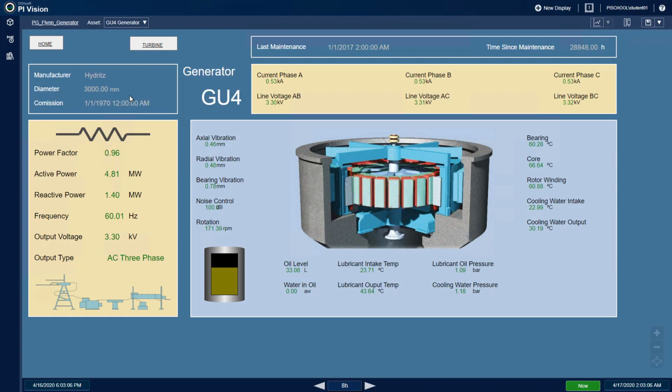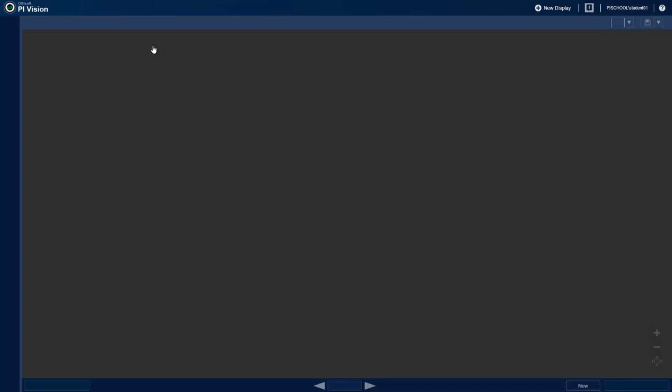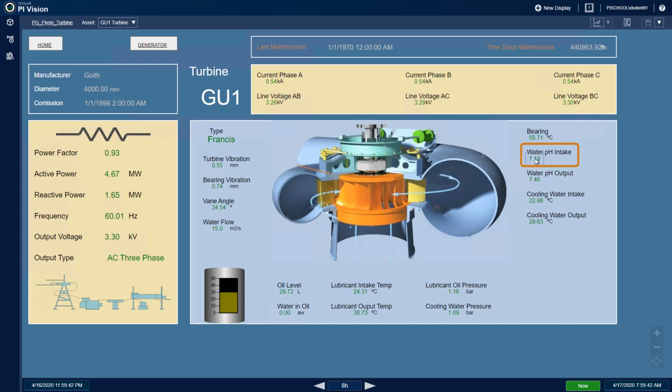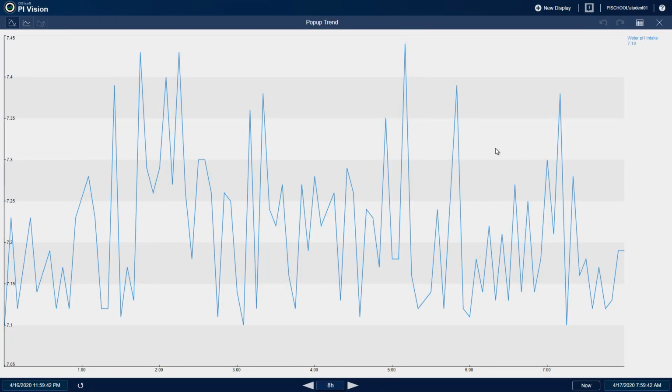Finally, we will go to our turbine display using the link and look at the GU3 turbine. Double-click the water pH intake value to see a trend over the last 8 hours. Here we can add a trend marker to get an approximate peak over the last 8 hours of 7.43.